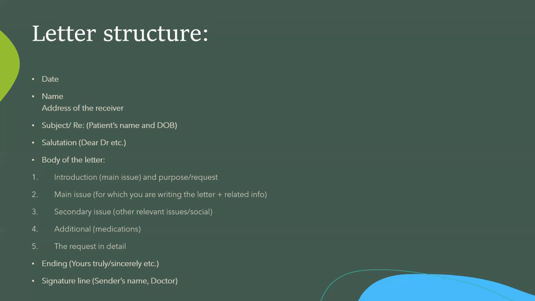And then in the request and detail, here again you will repeat the purpose of your letter. You will again request them to do an echo for this patient, and write another line in the ending, just like we used to do when we used to write letters. It sounds nice. Always write in the end that should you require any other information, please feel free to contact me. You can write in your own way, whatever suits you, but make sure that you give them an option to contact you if they need any more information, because that's what we write.